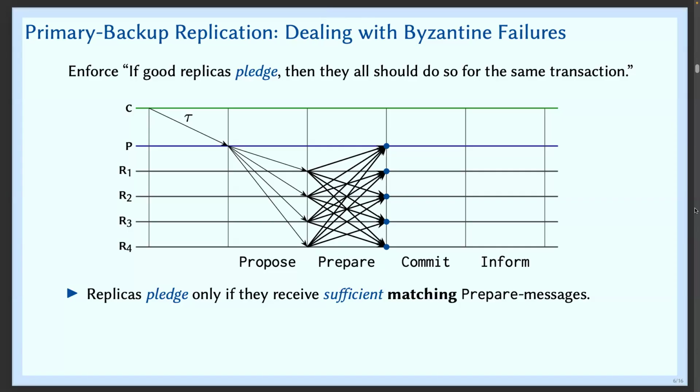If we had done this same example with 2F plus 1, then what could have happened? I would have again the same thing, F bad guys, and then I would only have one good guy for A, and then I have F good replicas in the dark, who got B. And if I had to form a quorum, my quorum here now is F plus 1.